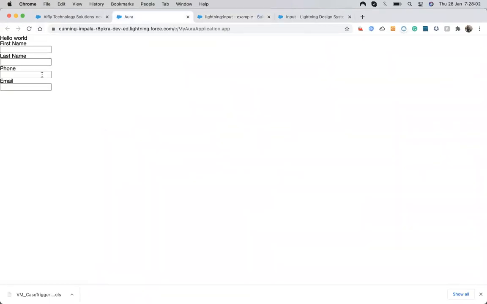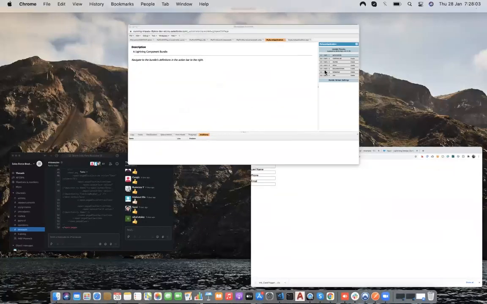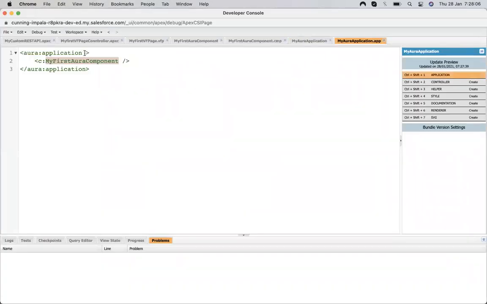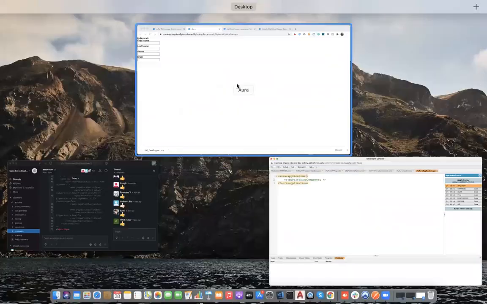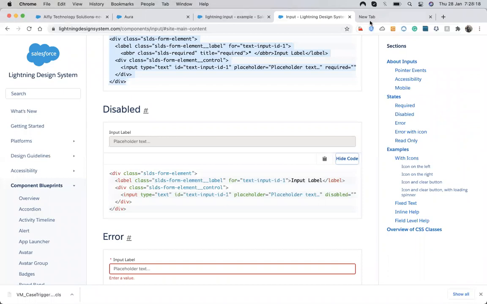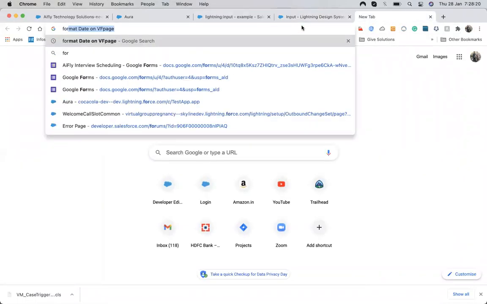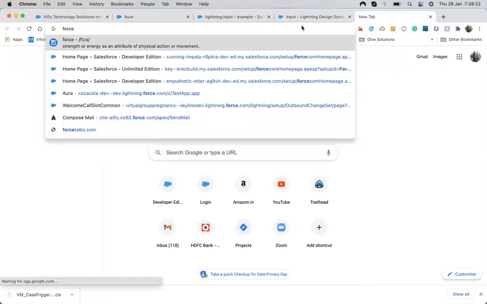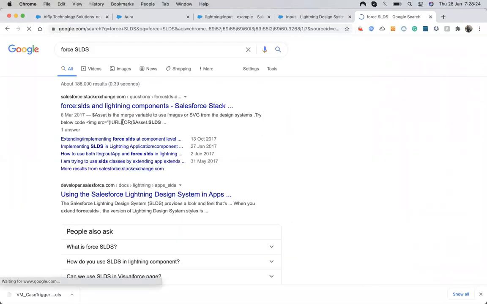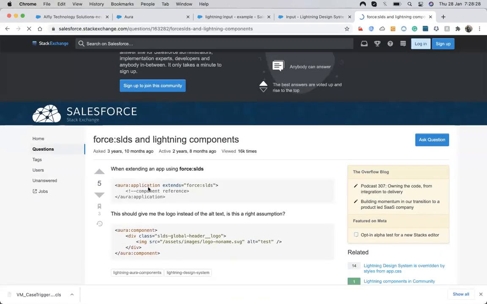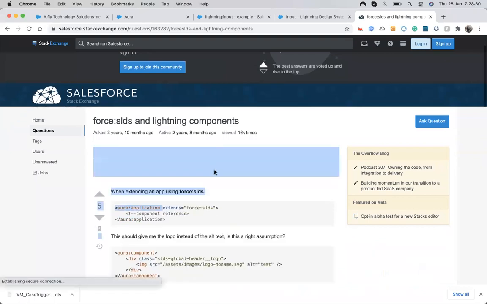It is only due to the application that we are using, it does not extend the SLDS file. So we need to add the SLDS file. I think the tag will be force SLDS. Yeah, extend force SLDS.